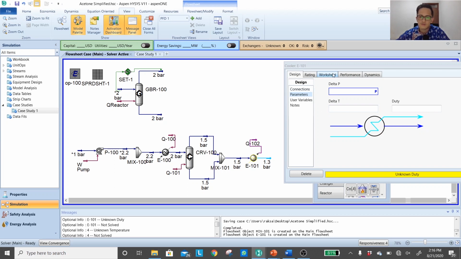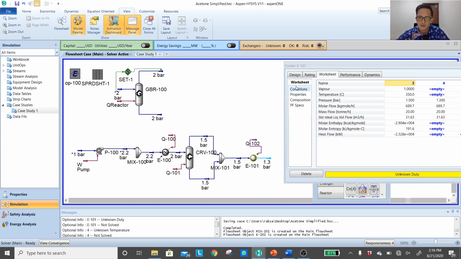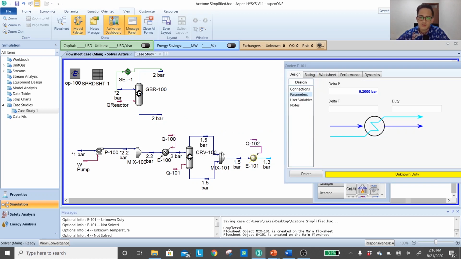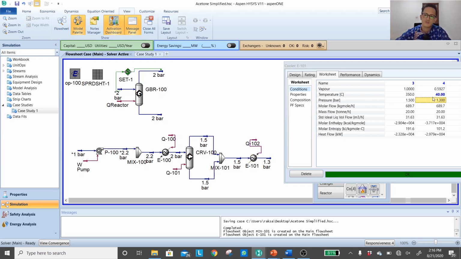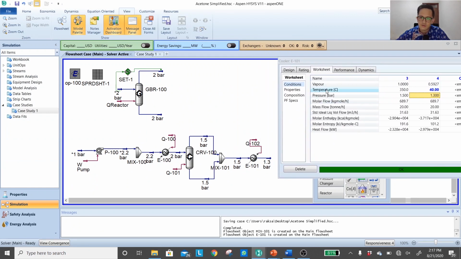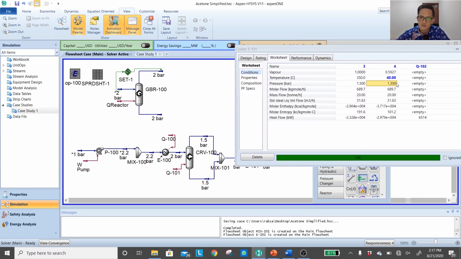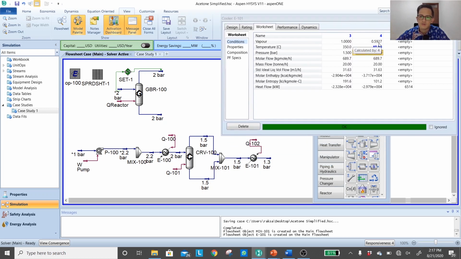Now comes the first question. Okay, again, I told you that we have a couple of cooling medium options. If you want to use cooling water, that's fine, but that means the temperature has to be, I guess, limited at the very minimum at 40 degrees C. And then let's see how it will affect the results. So at 40 degrees C, you can notice that the vapor fraction is about